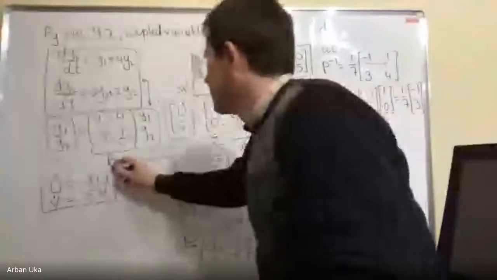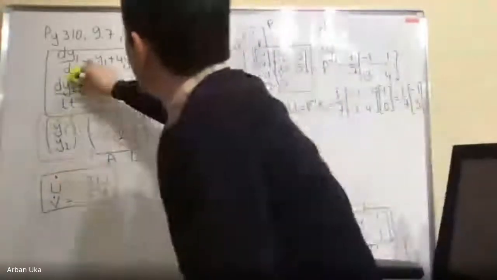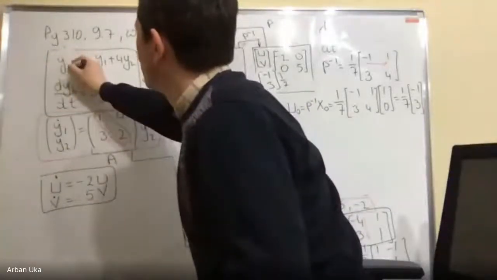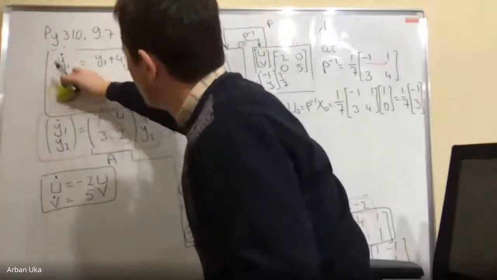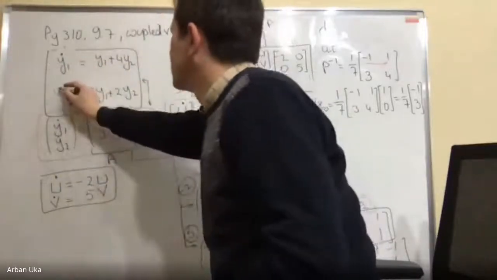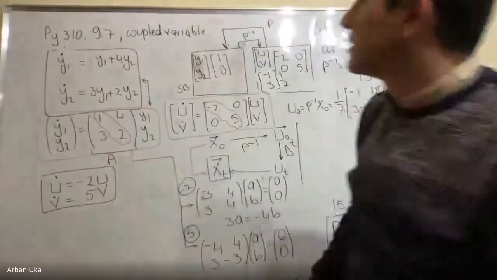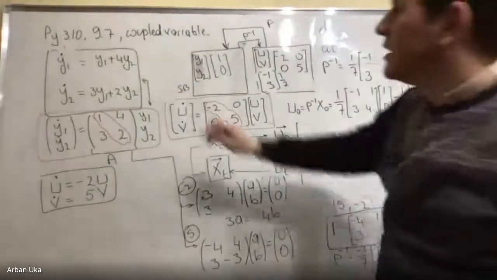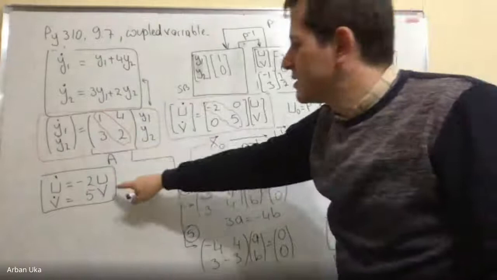Now, actually, we were given this system of equations. Probably it's best if we write this one y1 prime, okay? So this is the derivative. This is y1 prime is equal to here. Let's make this a little more elegant. And this is y2 prime is equal to this. Now, it is very clear that this system of equations and this one are equivalent, but this is way